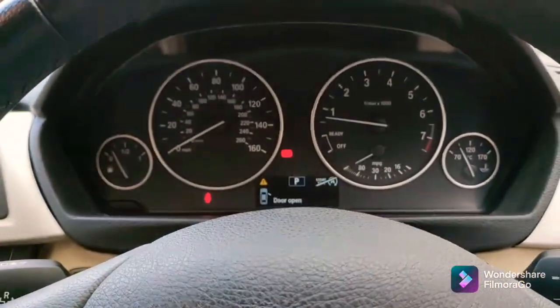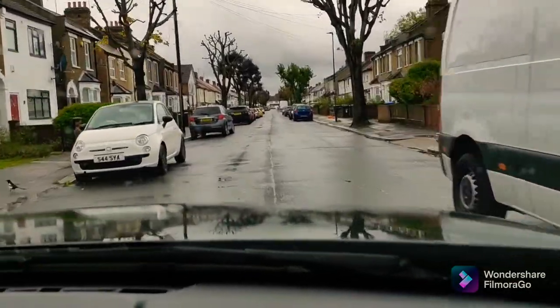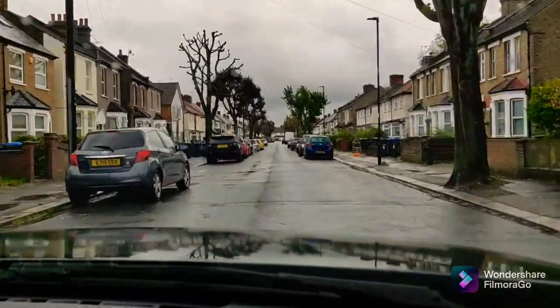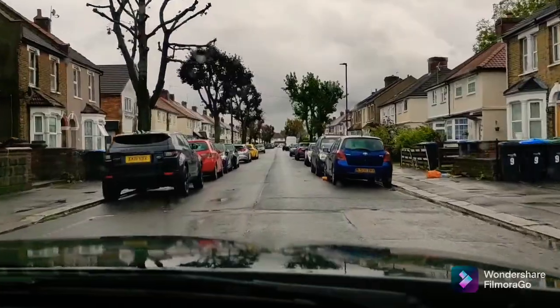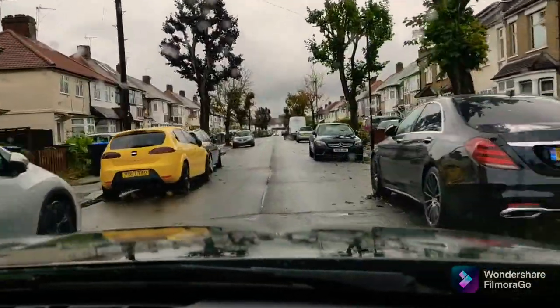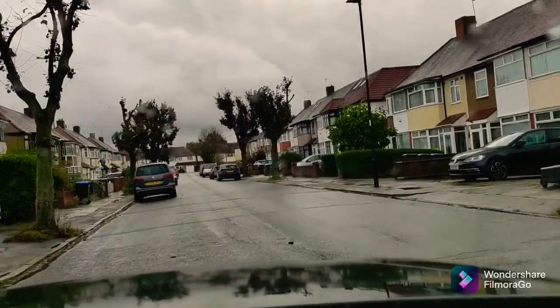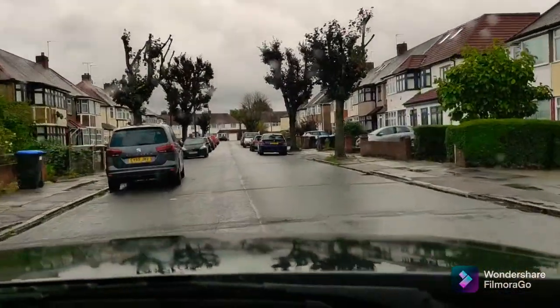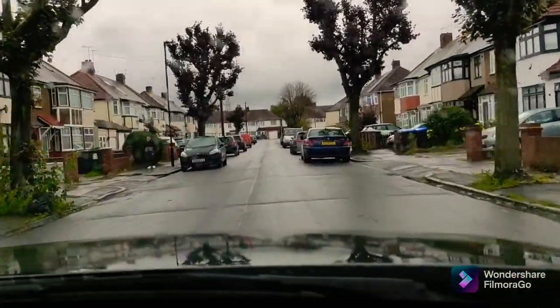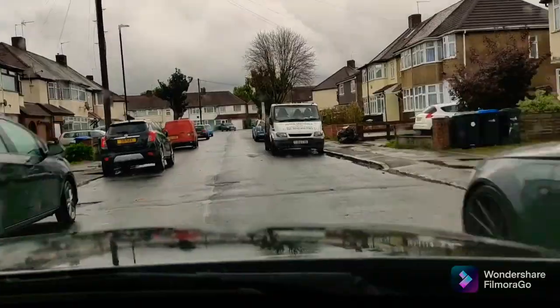Let's have a little drive of it. So for a car with such a small engine, it's rather pokey. Keeps up with the sporting pretensions of BMW, obviously. But yeah, it's surprisingly pokey considering how small it is. Obviously, if you've driven the 2 litres and 3 litres, you can feel the difference, but this is plenty powerful